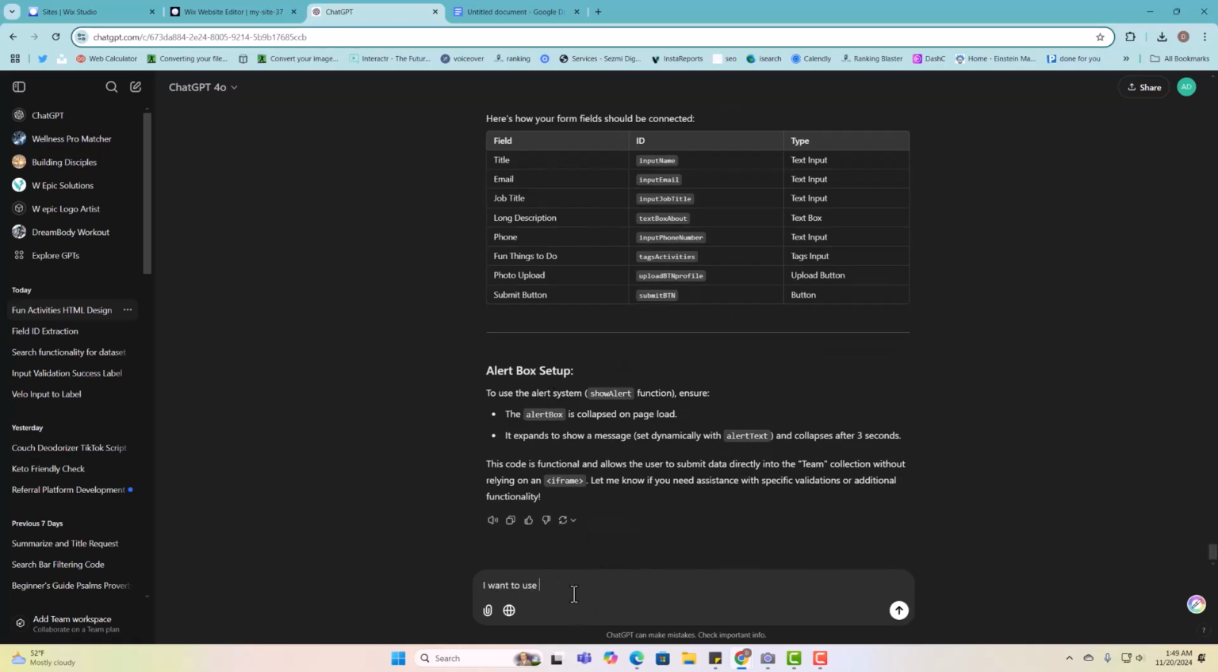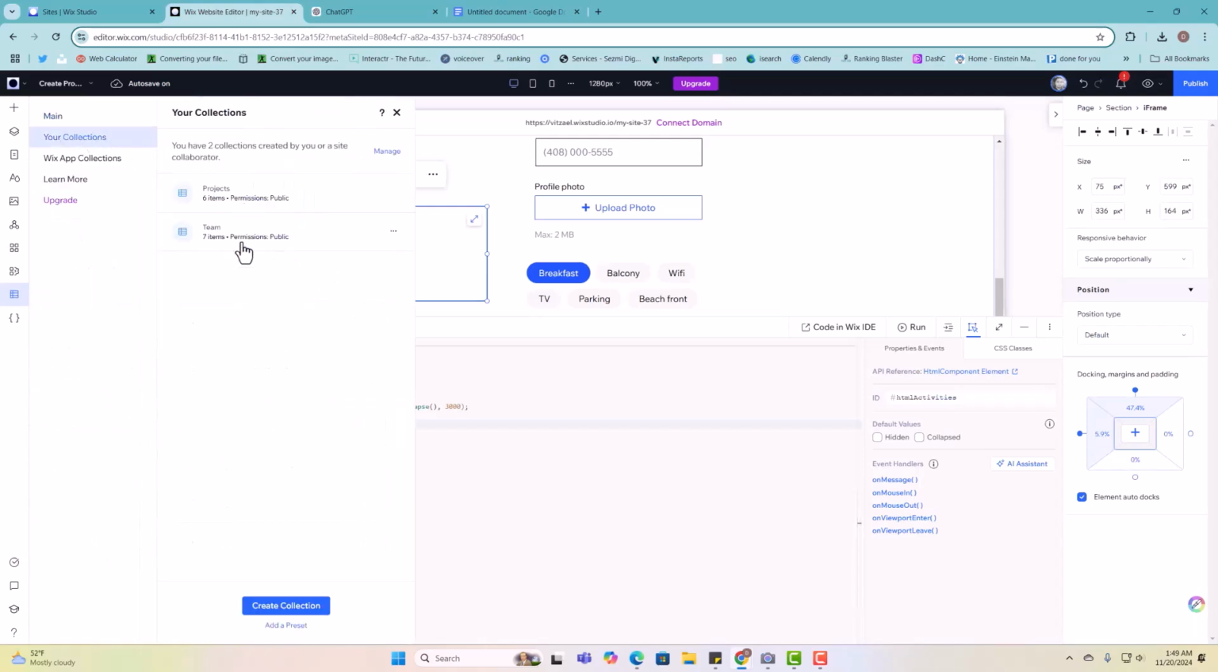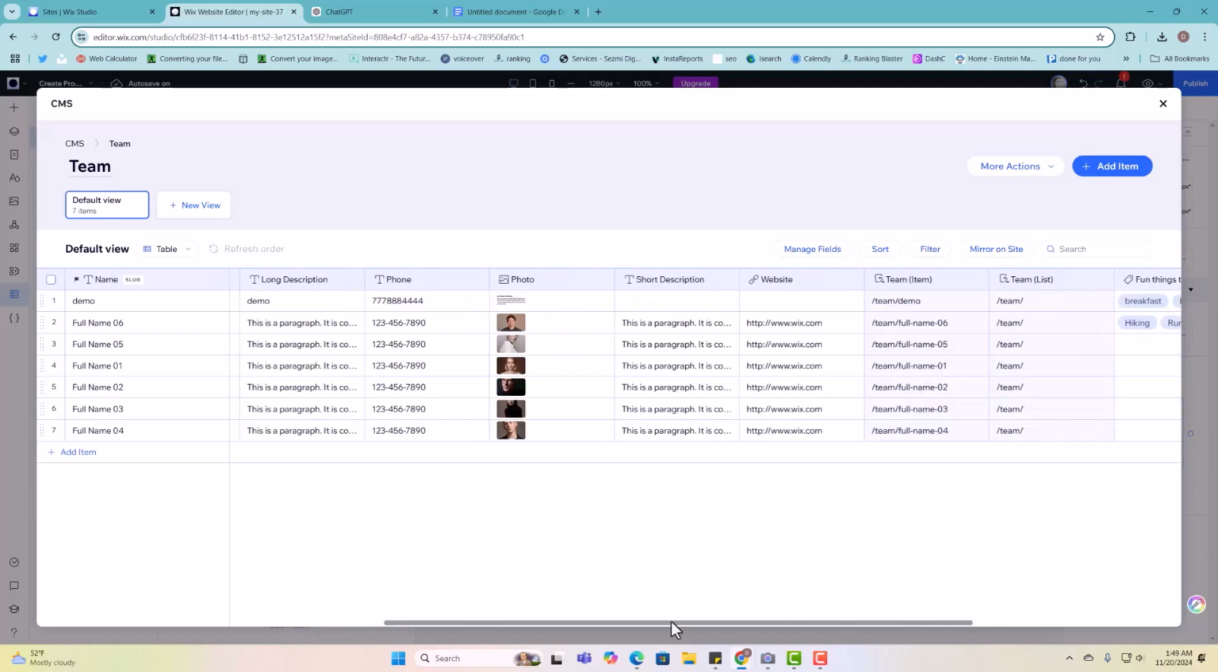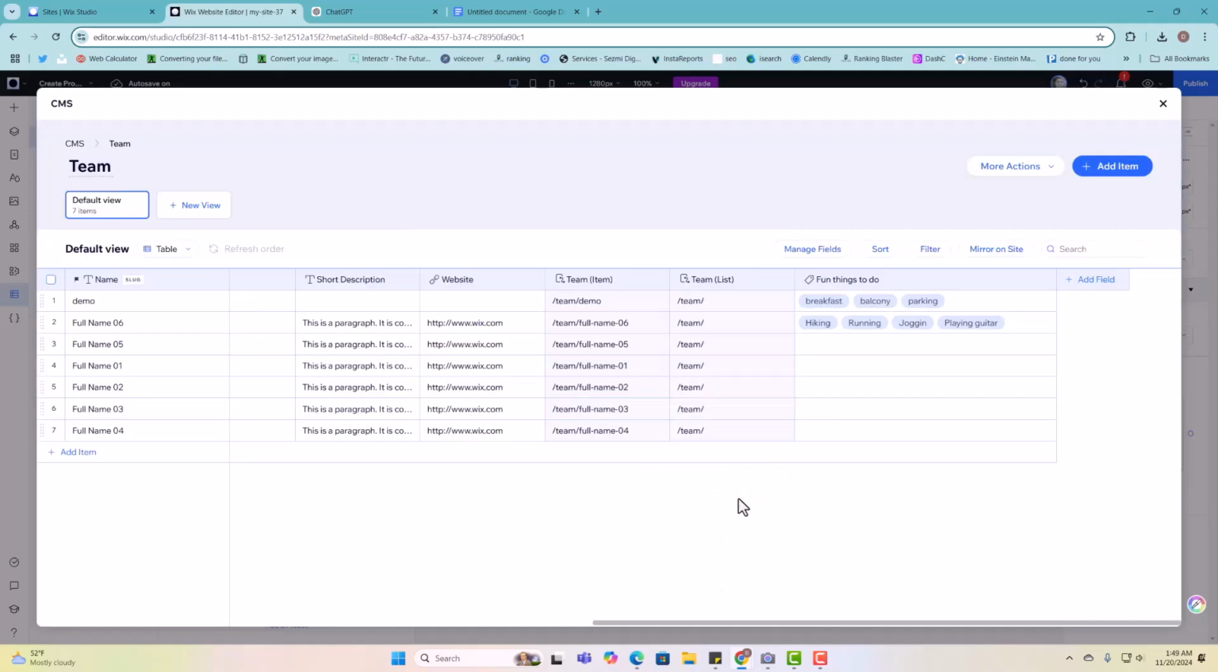I want to use an element type iframe ID to add the subcategories to the field ID, and then we want to make sure we tell it which is the field ID. So team, and we're gonna go here, edit, copy,